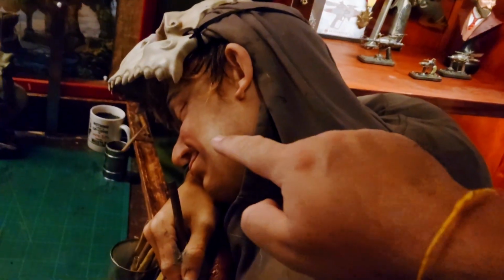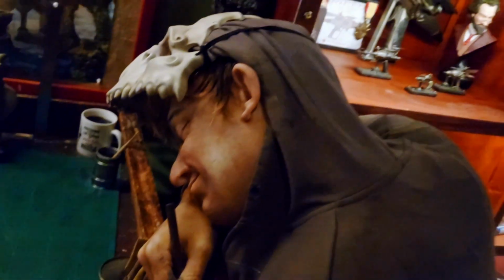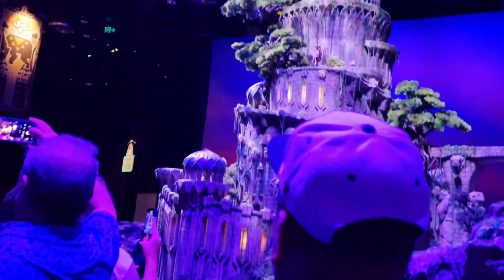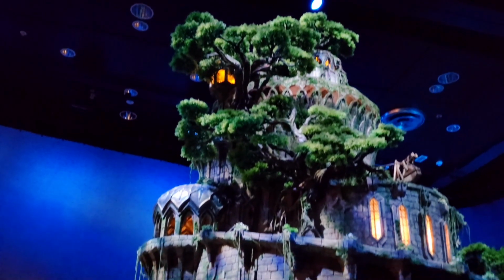So this was just so enlightening. The model of the artist sitting at the desk, asleep, was perfection. And the can of Coke was so accurate. Look at this castle. The design is insane. It's just perfection. I mean, you'll have to excuse my camera work here just because I instantly went to figure